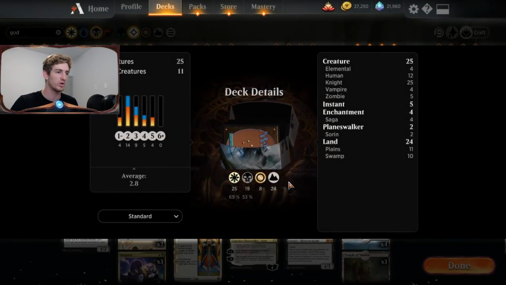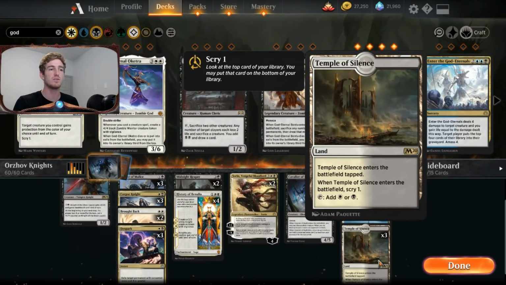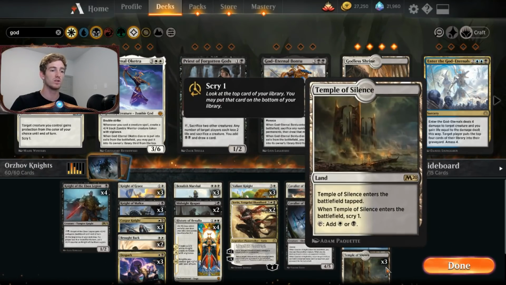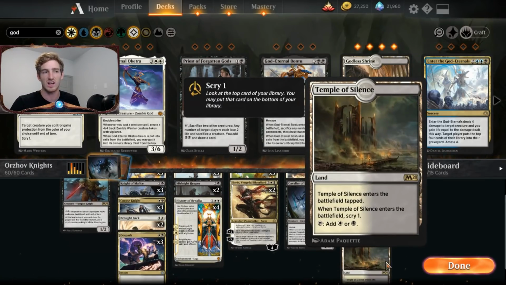In terms of lands, we are running 24 lands, and I'm running 3 Temple of Silence. I'm not crazy about the tap lands when I think we can hit our mana with Isolated Chapel and Godless Shrines, but I did want a little more versatility for Benalish Marshal and our Cavaliers, but also the Scry is kind of nice. The only problem with this, excuse me, I mumbled there. The only problem with this is that it slows us down considerably. It comes in tapped, so